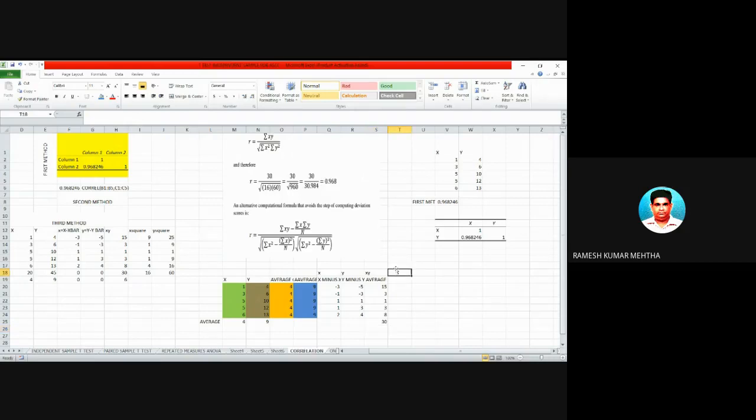So we will find out small x square. That is equal to, where is a small x here? Minus 3 into minus 3 because you have to square it. So you got 9. Now you got subsequently 1, 1, 1, 1 and 4. Now what is the formula requiring? It is asking you to find out the sum of all these x squares. So sum is equal to sum, bracket start.